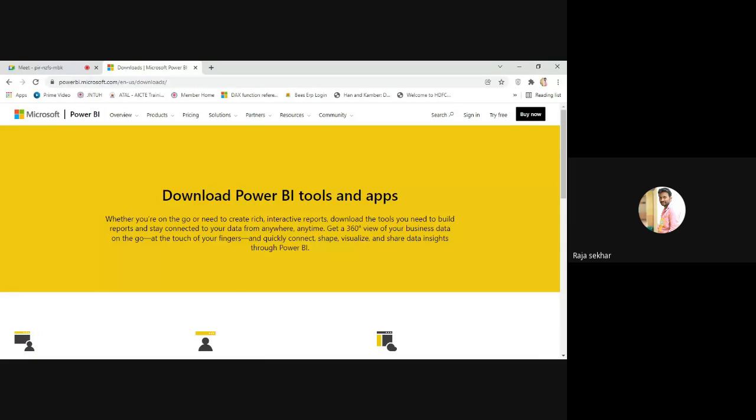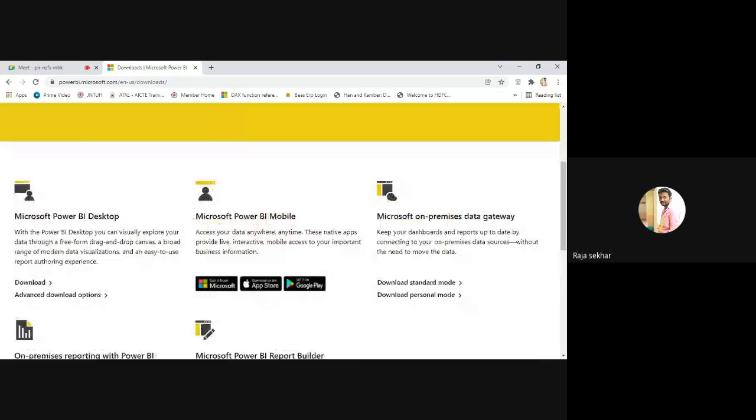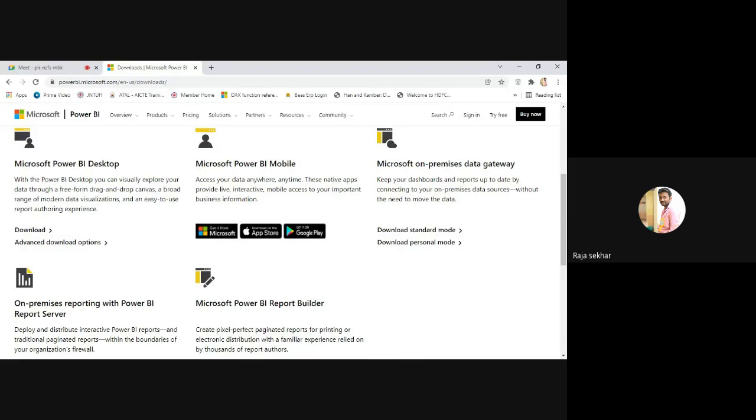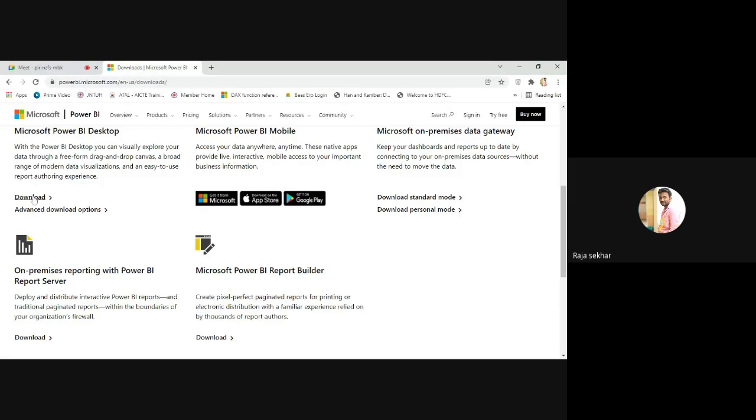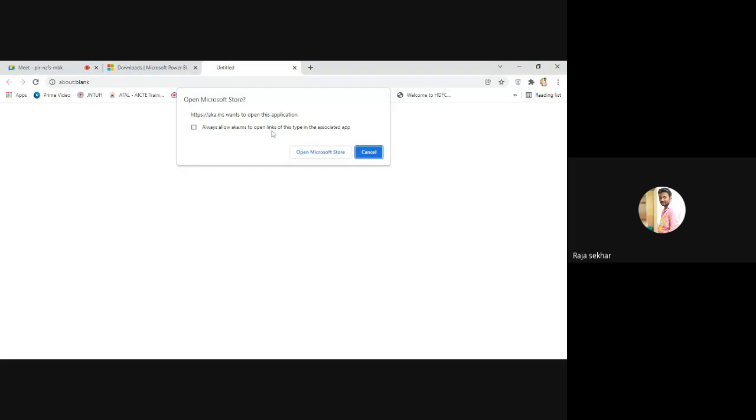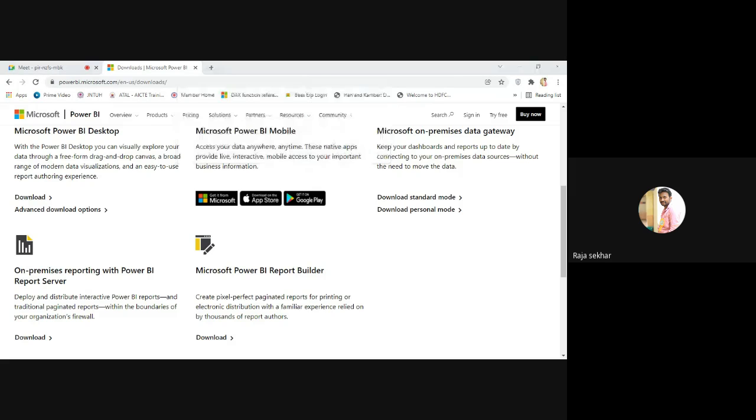These are the Power BI tools and applications. You can download directly from this. If you go to the first option, that is download, it will take you to the Microsoft Store. If you want to install from the Microsoft Store, you can install. Otherwise, go directly to the advanced download options. If you click on the advanced download option,